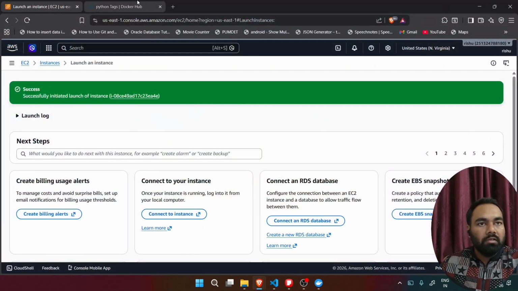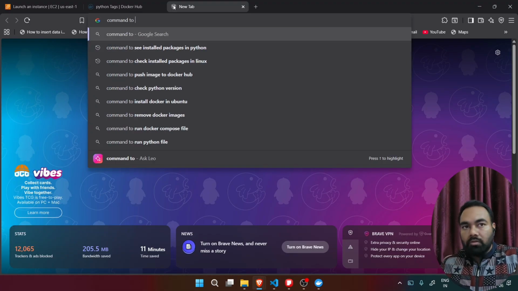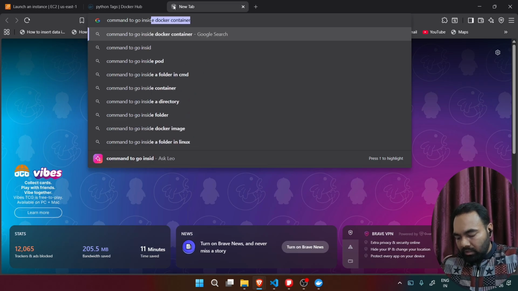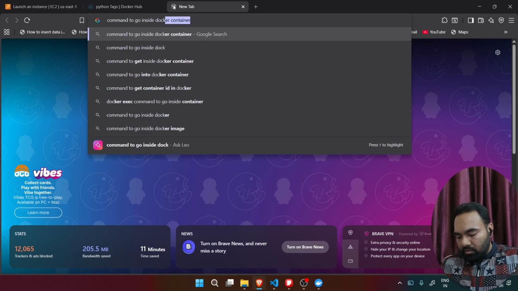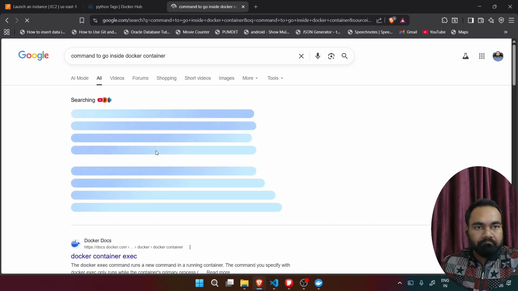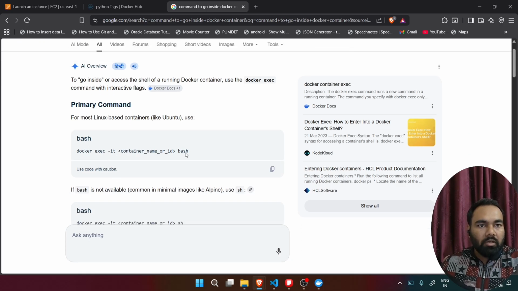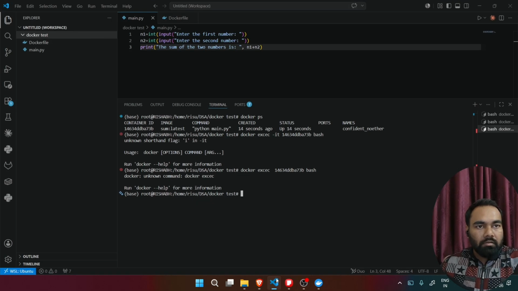Let me google it. Command to go inside docker container. Yeah, I have written the same, docker exec -it, but why is it